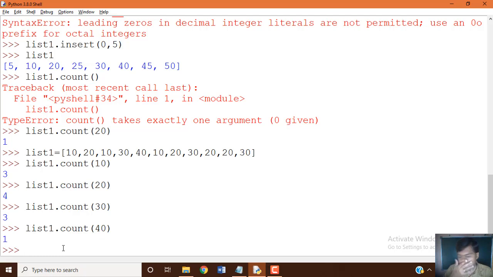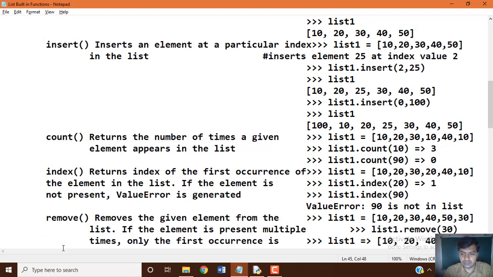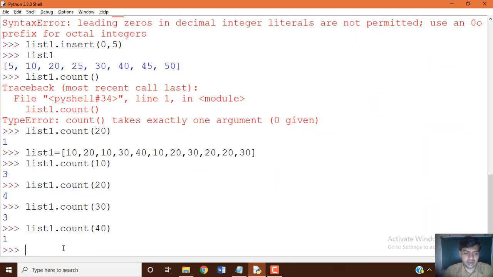Now let's see another function, index. How do we access list data items or values? By using the index built-in function.